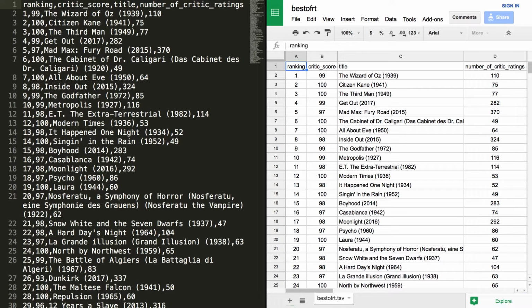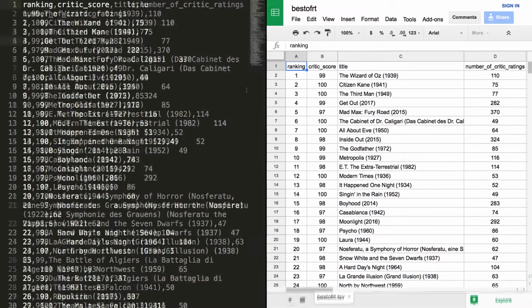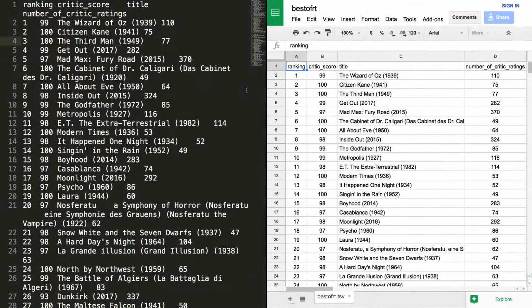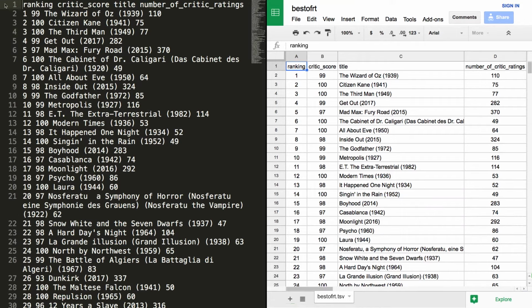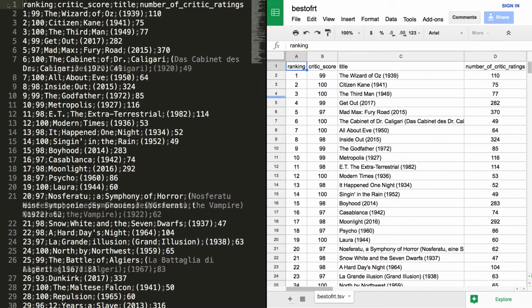Most often, commas are used, which are called CSV files, or comma-separated values, like this file on the left. Sometimes other ones are used, like tabs, in a TSV, or tab-separated values file, which you can see here. This is the flat file you'll use in this lesson. Sometimes the delimiters are spaces, or even semicolons. All of these files show up the same way in a spreadsheet program, like Google Sheets on the right here, though.